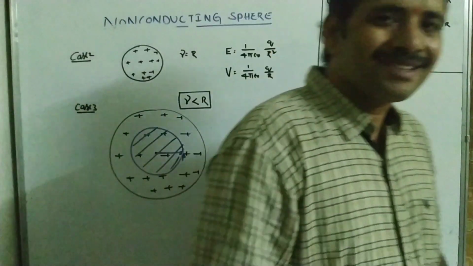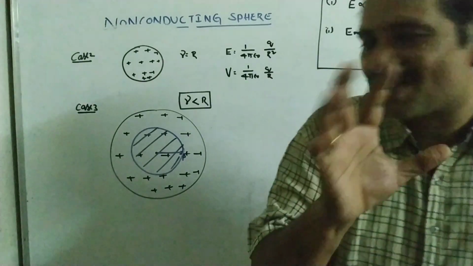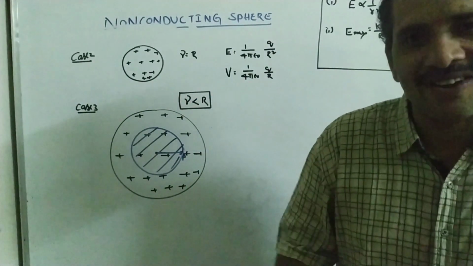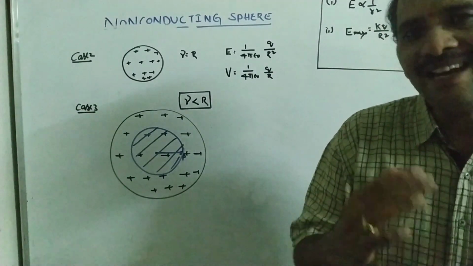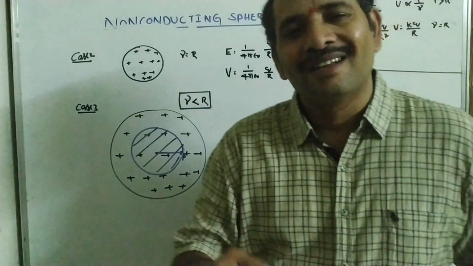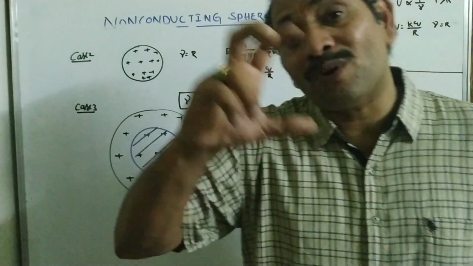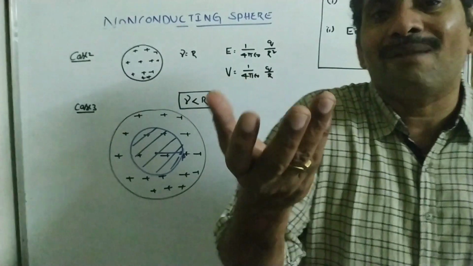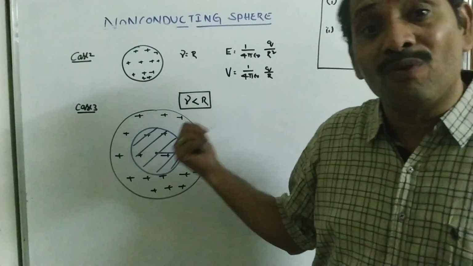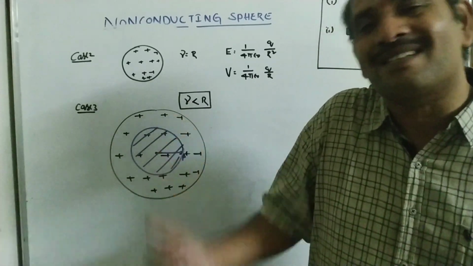Here, charge is not constant. Charge density is constant. Then I have to approach the problem with charge density. Outside, why are you not calculating charge density? Outside I am not disturbing the sphere. Where am I disturbing the sphere? Here I am moving inside. Part of the sphere I am considering.